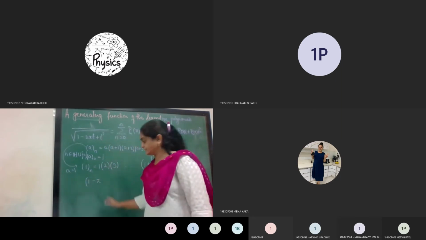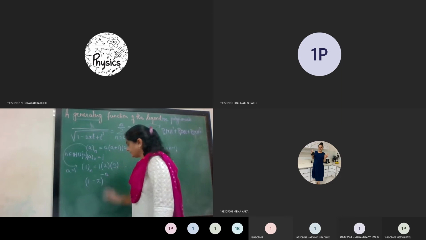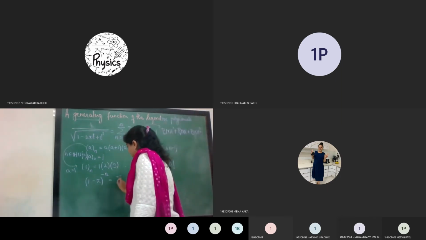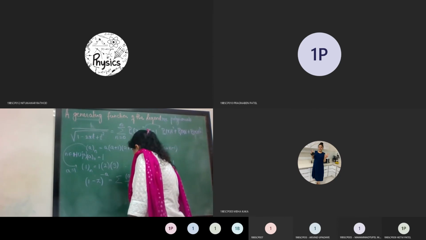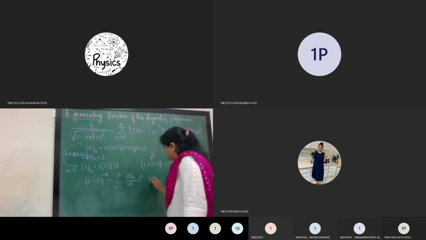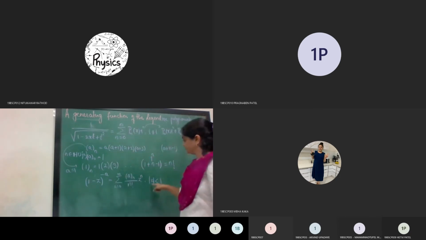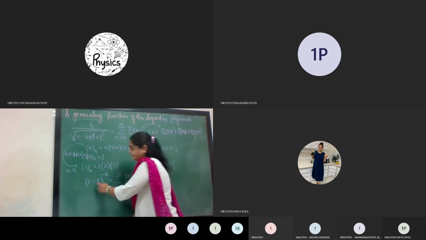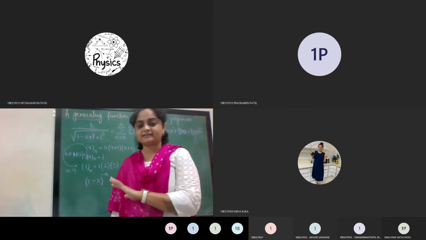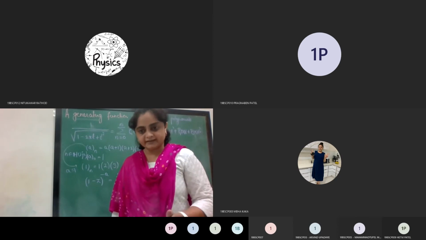If z is any complex number, then 1 minus z raised to minus a is nothing but the infinite series a sub n upon n factorial z raised to n, where n is running from 0 to infinity, and it is convergent in the open unit disk. Why can this be considered? Because z is any complex number. Once I give you this result for the complex number, it is by default understood that it is used for the real number as well.